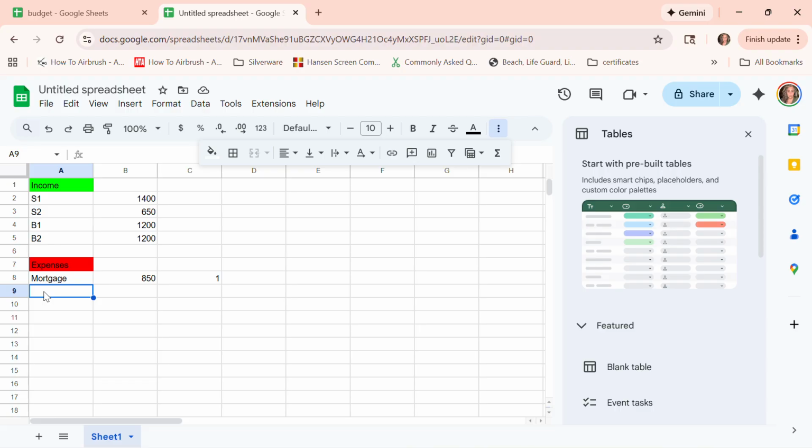Once we get the formulas going, you'll want to leave them where they are. You won't want to mess with these two columns anymore. So I know this next step is temporary, but it's a big one. And that is $350 per month. And I'm going to call that one